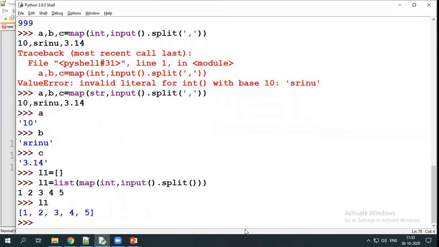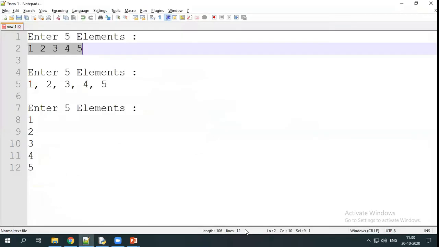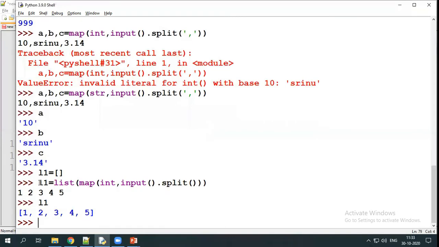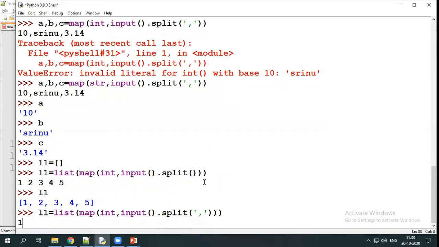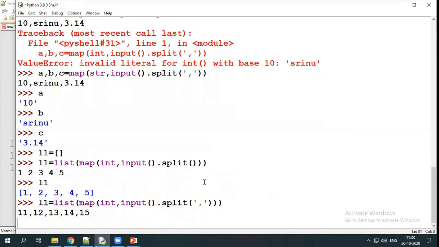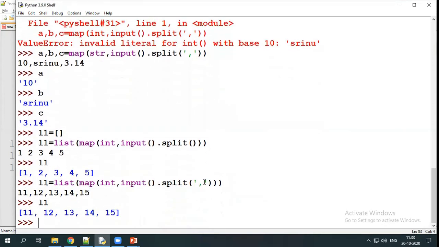If you want to give it comma separated, we specify the delimiter as comma. Now 11, comma 12, comma 13, comma 14, comma 15. If I print L1, we see 11, 12, 13, 14, 15.